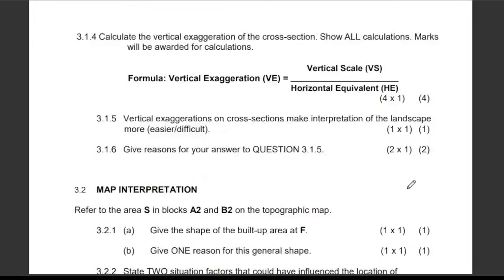Right, the next question is saying vertical exaggerations on cross sections make interpretation of the landscape easier. Because we have emphasized the height, now we can see the height of the features. Give reason for your answer. We are saying exaggeration is deliberate stretching. We have deliberately stretched, and therefore makes